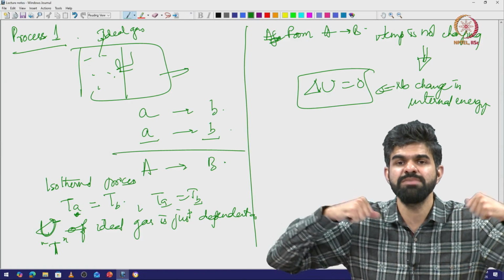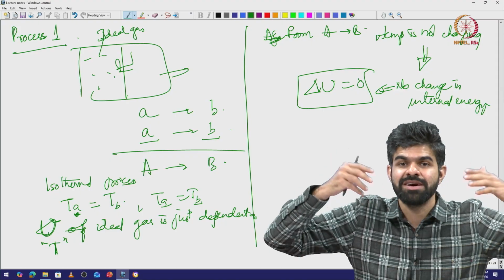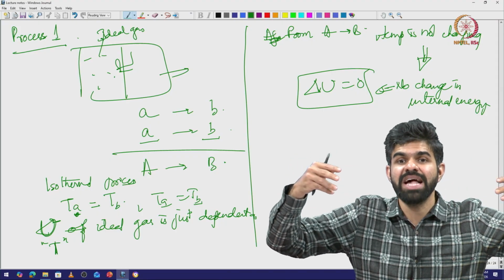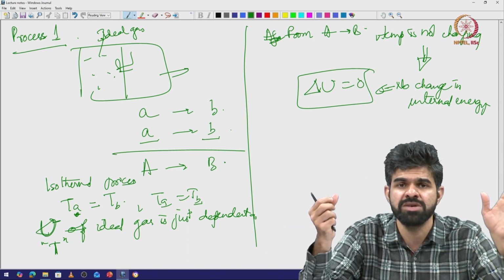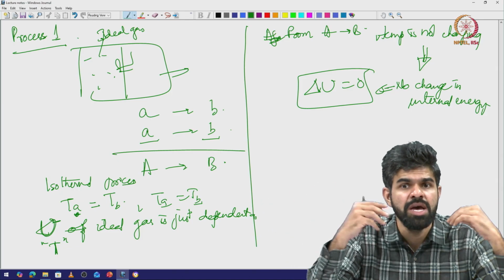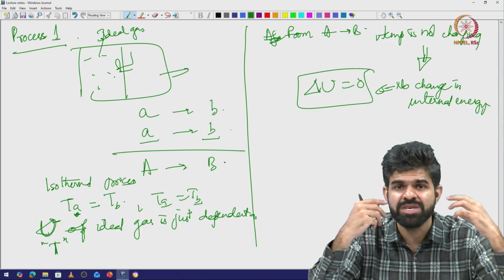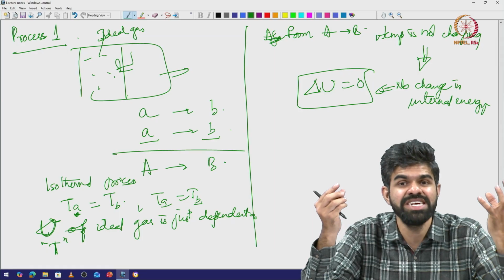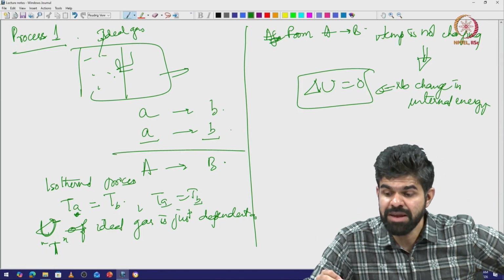The gas by itself is expanding against free space. So, there is nothing opposing it, so that the gas does work on the piston or the piston does work on the gas. Nothing is opposing the piston from expanding into free space, or the gas from expanding into free space. If there is no opposition, there is no work done. Also, everything is at the same temperature, so there is no heat exchange. So, there is nothing to change the internal energy of the system. Okay, but then what is changing?